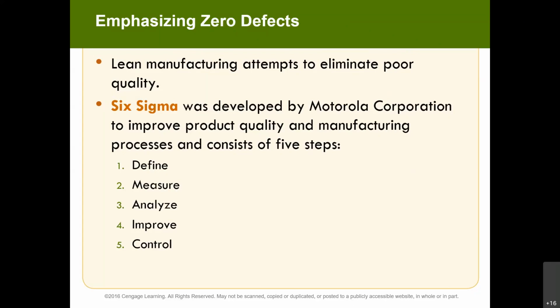Nike employs what we call Six Sigma. It was originally developed by the Motorola Corporation. Six Sigma is a concept that improves product quality and manufacturing processes in 5 steps. We define the process, we measure the manufacturing, we analyze the quality, we improve the design, and we control the output. So in these steps, what Nike has efficiently done is that one in every